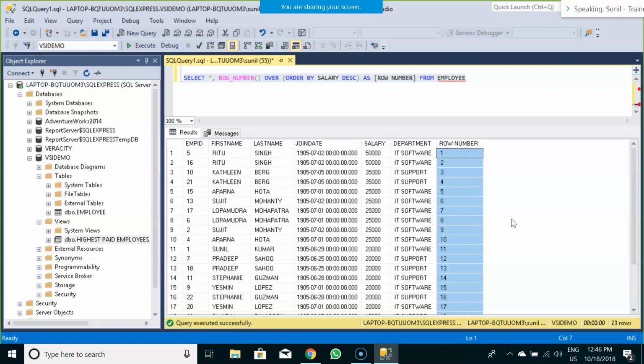Okay, so imagine a scenario wherein you are asked by your respective authority or the stakeholder to pull up a report.